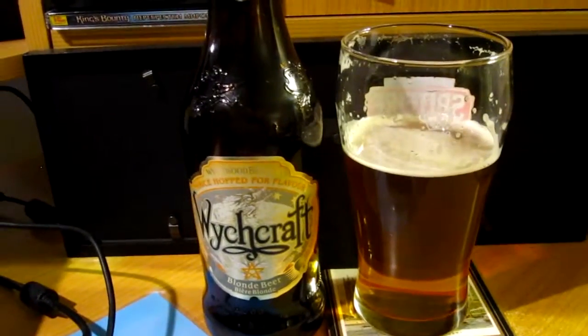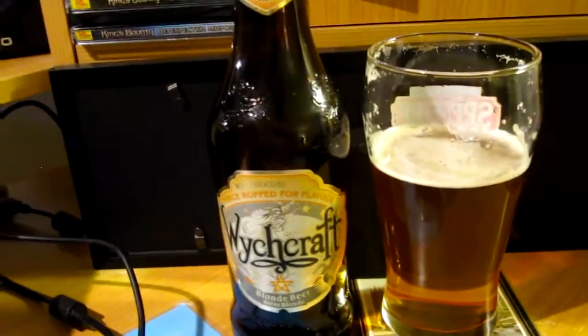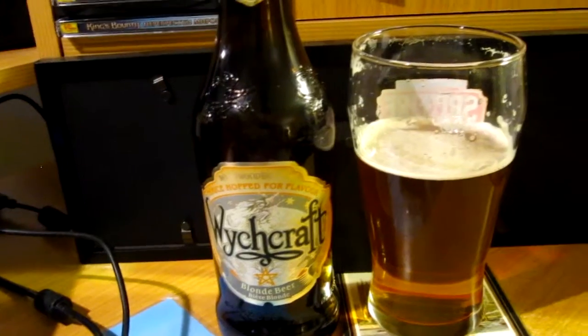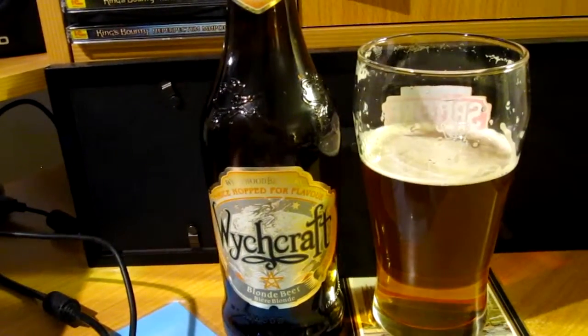So just for that, I'm going to give it a credit and give it a 7 out of 10 for Wychcraft. I don't specifically recommend you try it, but if you can, it's definitely not a bad beer. It's definitely an interesting kind